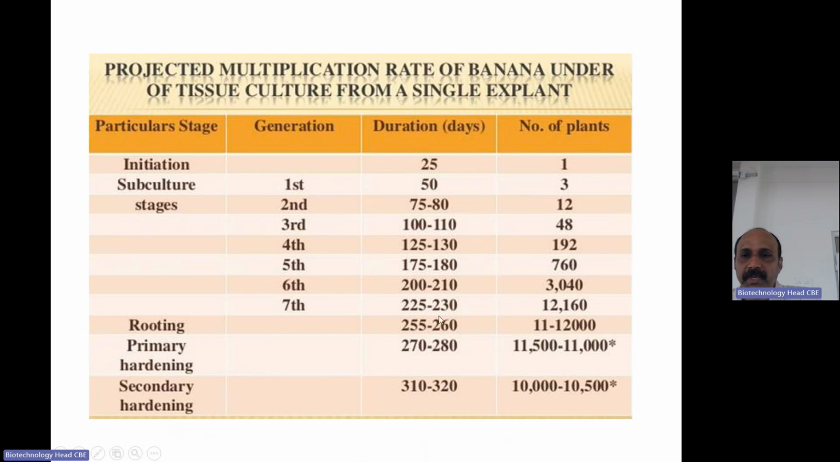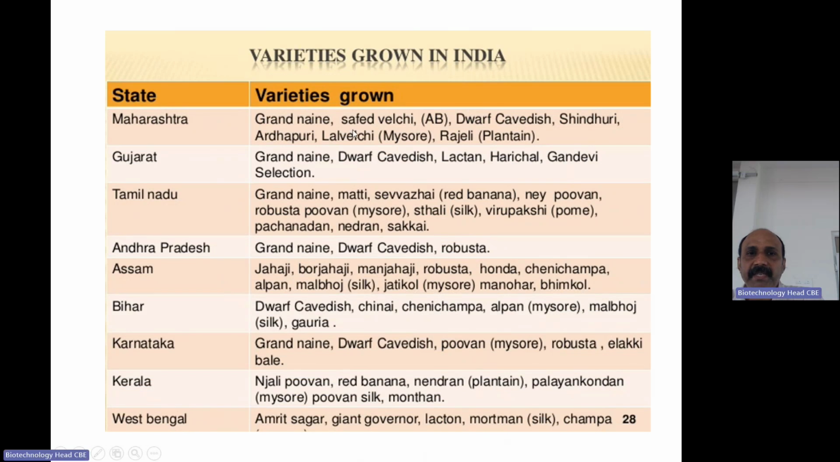Then it goes in for rooting and also primary hardening and secondary hardening. There might be some loss, but at least you will get around 10,000 plants from a single mother plant through tissue culture. So the varieties: mostly Grand Naine you see in all the states. Grand Naine is the main variety that is being propagated in almost all the states in India. In Tamil Nadu you have different ones, like Matti, Sivaraj, Poovan, Rasthali, Virupakshi, Nendran. All these varieties are being propagated in India, mostly the Grand Naine